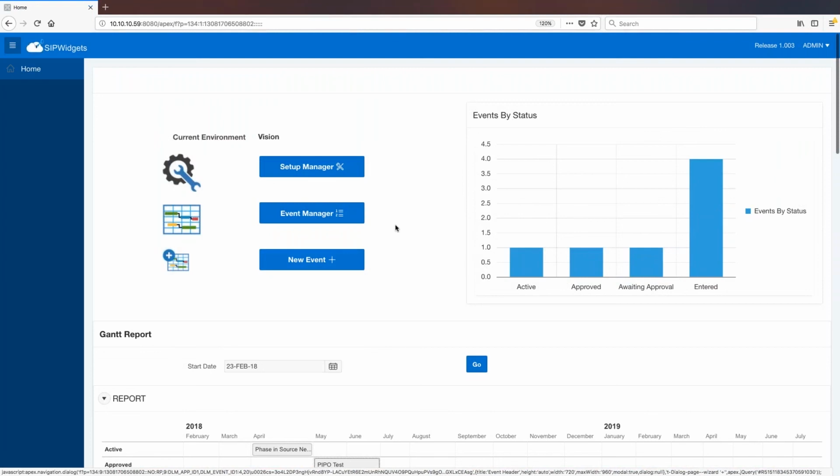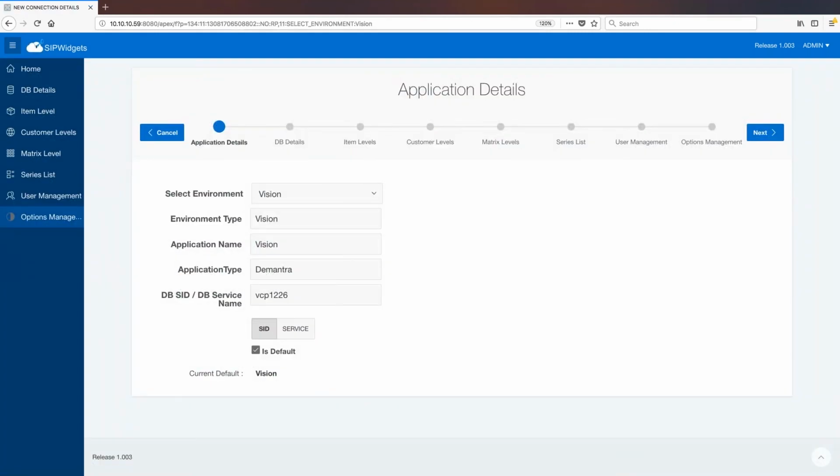Going up on the main screen, we have several jump options where the setup manager provides an intuitive user interface method to configure this application from various source demand planning systems, which is Demantra in the current version.